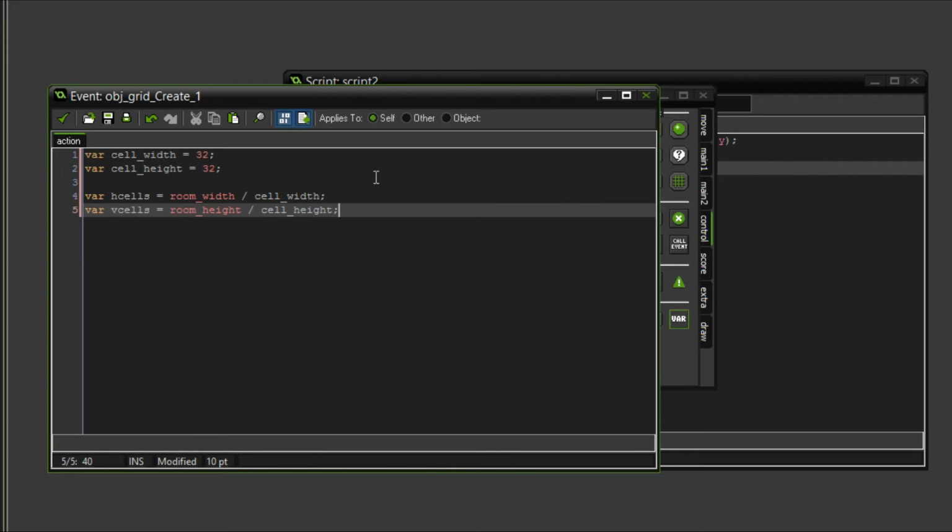So the point of doing this, to explain a little bit, is we want to get the amount of cells that there are. So cells are just 32 by 32, because that's what the width and height are. So it's taking the width and the height of the actual room. So no matter what size, whether it was really huge or tiny, it takes it and finds out how many cells there are and creates an entire grid based off of that. So that's why you need to take the room width and the room height and divide it by 32,